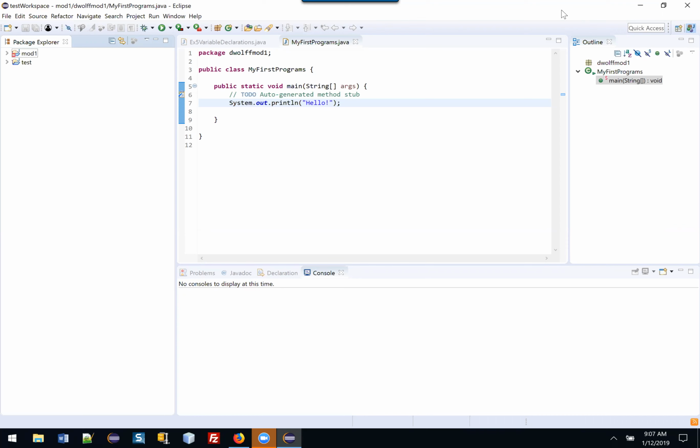So we want to talk about naming conventions, and then we're also going to talk about variable types. These are two things that are real critical as we first start. Naming conventions, all right? In Eclipse, we have these over here we've talked about in a previous movie, which are